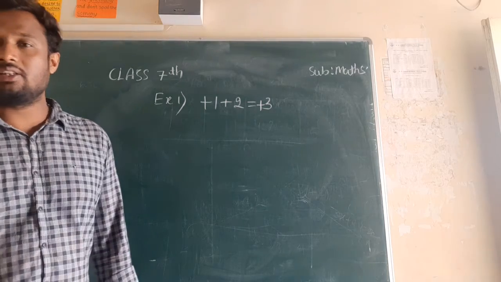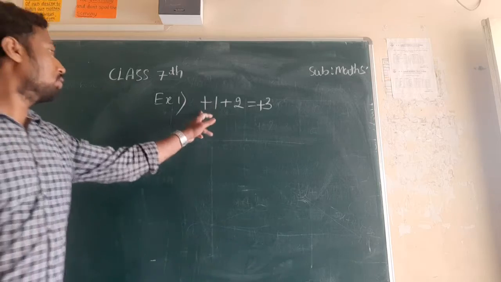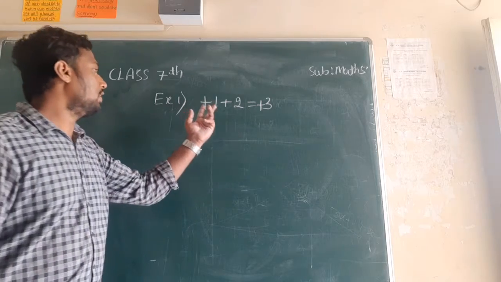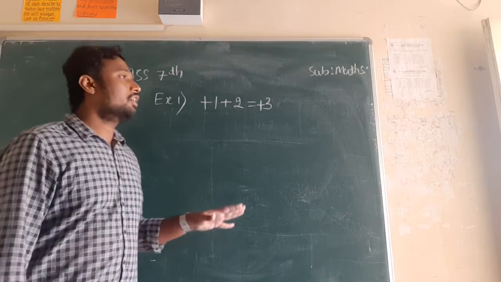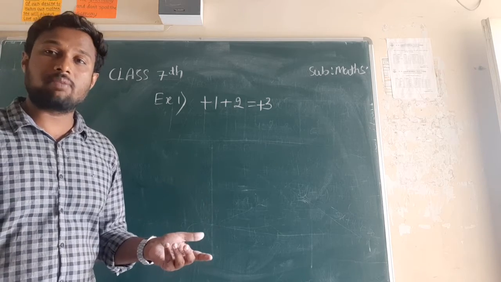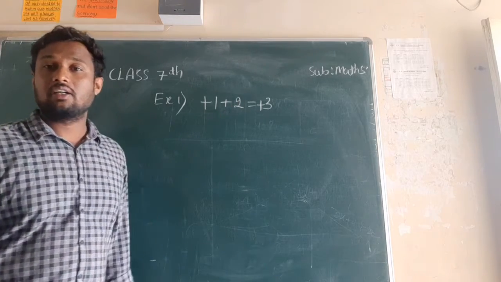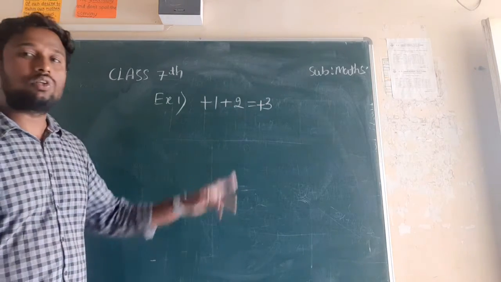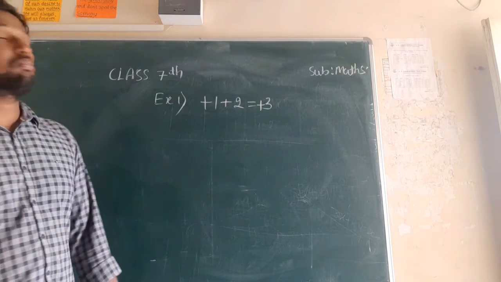Remember, once again I will explain. Listen carefully. Here plus 1 plus 2 we have. So plus into plus means plus, and plus means you have to add here. So when you add 1 and 2, what will you get? 3. And in front of this 3, which sign do we have to consider? The sign which is in front of the highest value. Here in 1 and 2, which is the highest value? 2 is the highest value. So the sign in front of the highest value is plus. So the answer is plus 3.